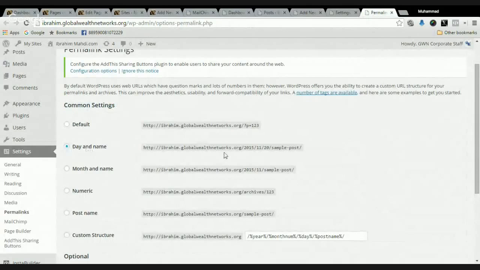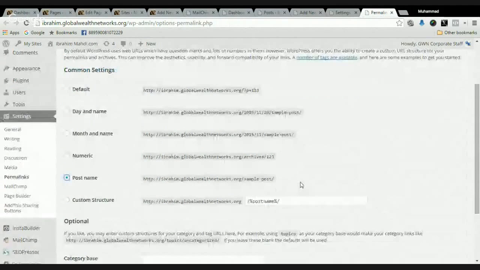Do I want day and name? No, I don't want the dates. I don't want anything that has anything to do with the dates. I don't want to have numbers. I'm not trying to number it. I just want the post name. I want the post name to appear right behind the